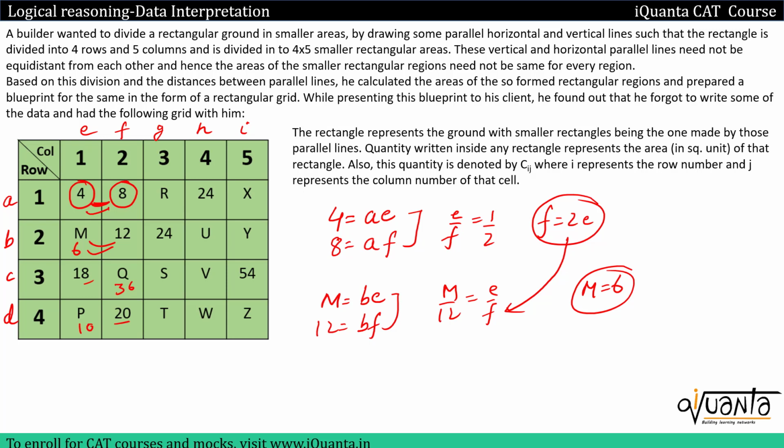Okay. Similarly, I'll relate the areas of column 2 and 3. Here I have 12, here I have 24. I can see that area in column 3 will be twice the area in column 2. So if I have 8 here, here I have twice of 8, that means 16. I have 36 here, I'll have 72 here, 20 here, so 40 here. Okay. Similarly, I can relate all the columns. Now I have 16, 24 here, that means area in column 4 is 1.5 times the area in column 3. So 16, 24, 24 into 1.5, 36 will be here, 72 into 1.5, 108 will be here, 40 into 1.5, 60 will be here. Okay.